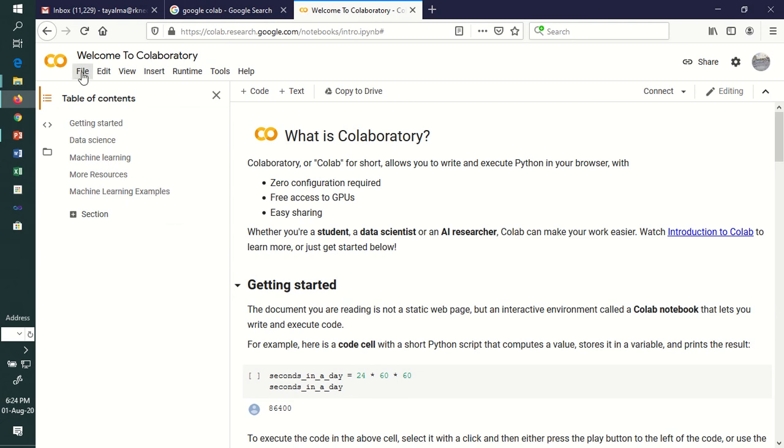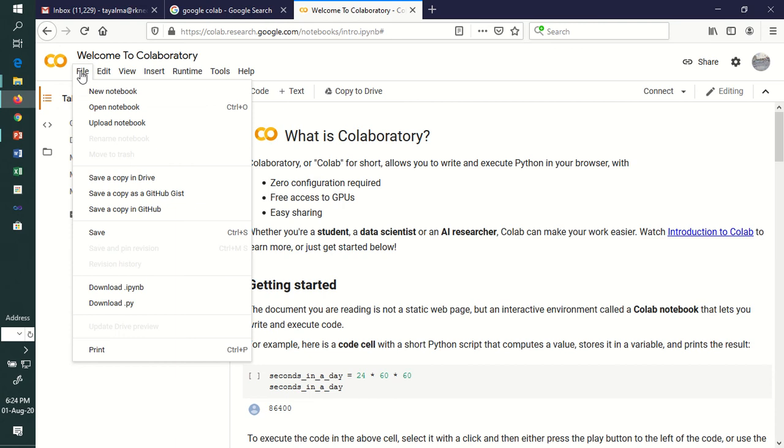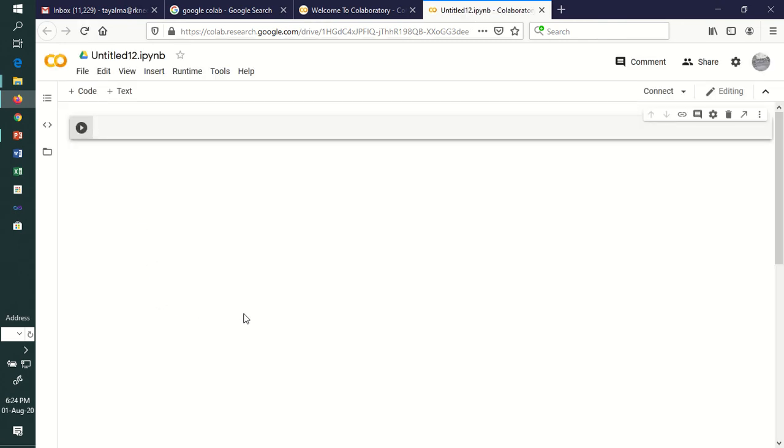So let us start with the first one, file. Click it. When you open the file menu, Alt F, you will have different commands. Please explore one by one. A new notebook will open a new notebook in Python for writing your code. It will take just some seconds to open. Now it's loading, and then you will have a new notebook here to run your code.